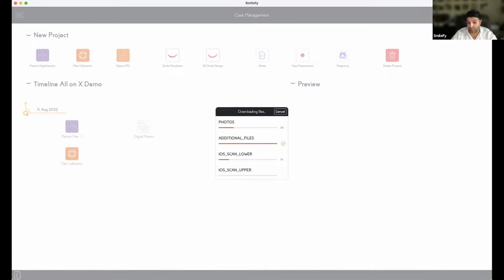Based on the occlusal curve, we're going to generate the smile frame and the position of the teeth. Then with the tools we have, we can adjust the position in case we have issues. I'm going to show you in a second. Let's see how quick my download is today.